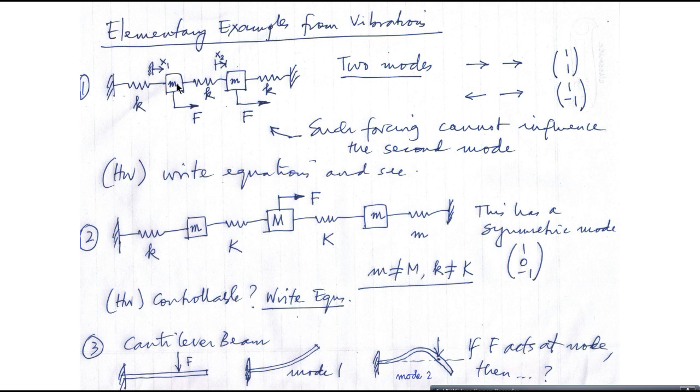If m1 was not equal to m2, then it would still have this shape, but the 2 magnitudes would be different and the frequency would be harder to calculate, but the principle is the same. Now over here, the other mode is where this mass moves in one direction and this mass moves in the opposite direction. They are out of phase, and this frequency will be higher. For these special parameter values, you can calculate effectively what will happen is the midpoint of this spring will be stationary, so 2k on this side, k on this side, 3k will be there, and so the natural frequency will be square root of 3 times bigger than for the first mode.